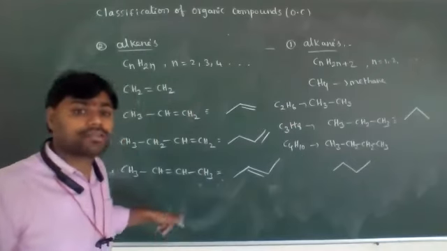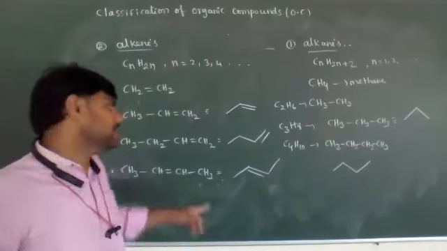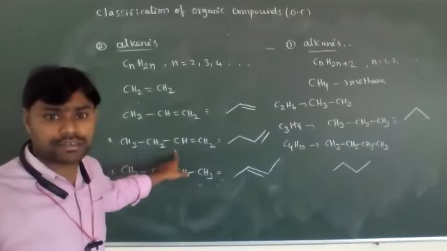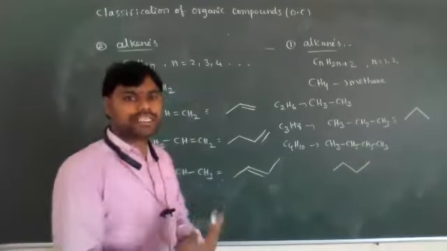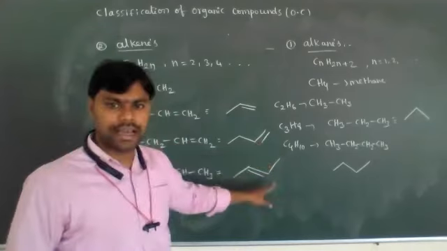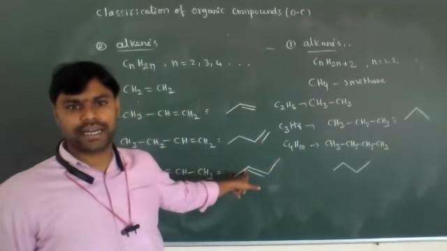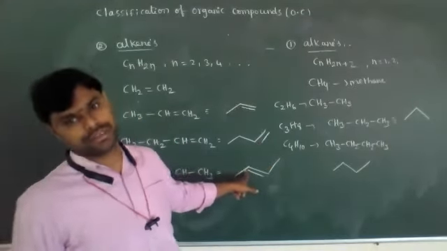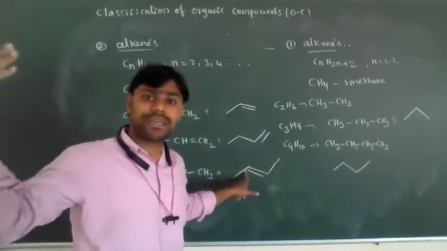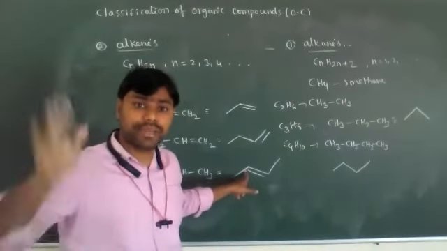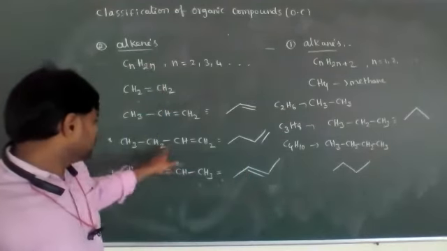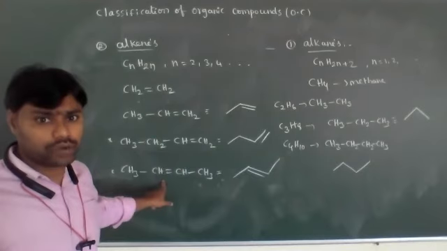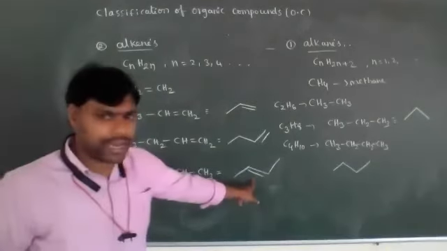So what type of isomers are these? It is one type of structural isomerism, that is positional isomerism, meaning the position of the double bond is changed. Here it is between carbons 1 and 2, and here between carbons 2 and 3. That's why they are called positional isomers. We will discuss isomerism later, don't worry about that. We will be with you. This is but-1-ene, this is but-2-ene. Now its bond line representation.